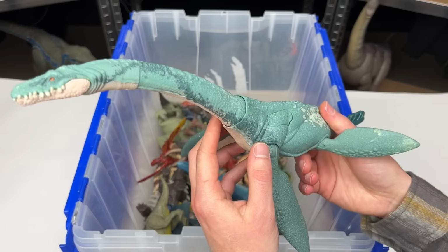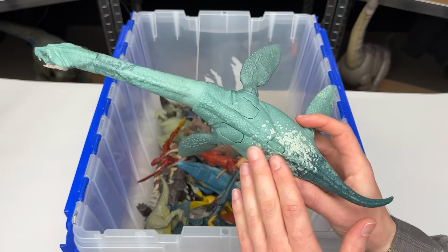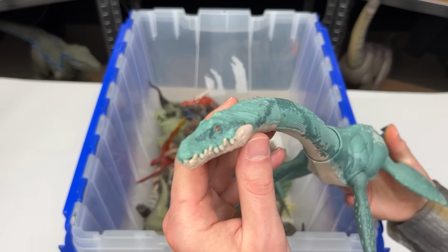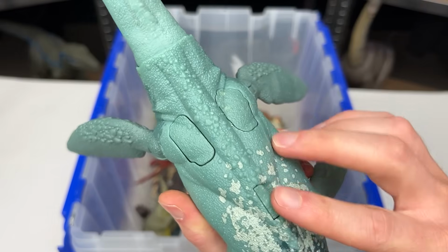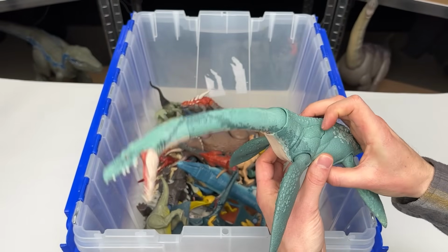Here is an aquatic dinosaur. This one is called the Elasmosaurus. Since it's in the water, it's obviously a blue color, and it's got this really long neck, and it actually has two action buttons on its back, both of them for moving the head back and forth and up and